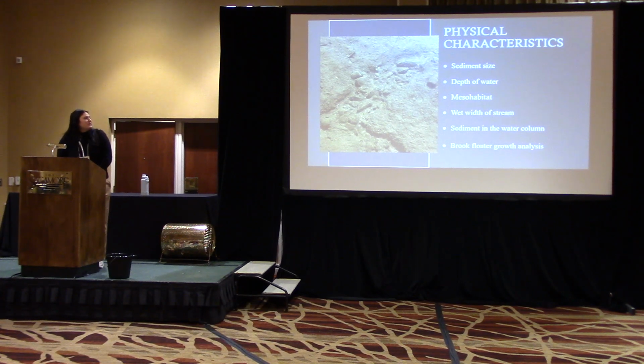So for physical characteristics, and I like this picture because there's 2 pieces of slate with erosion in between, and there's quite a few mussels in there because who knows? That's what I'm trying to figure out. We assessed sediment size, depth of water, mesohabitat, wet width of stream during our surveys, sediment suspended in the water column, and we're also doing a growth analysis of the brook floaters between the years because as we have been